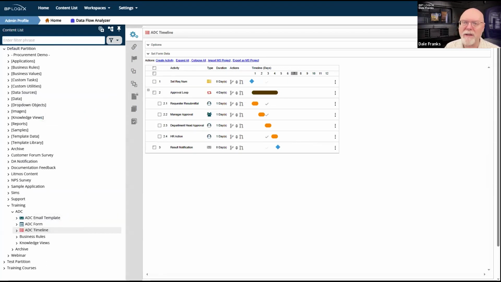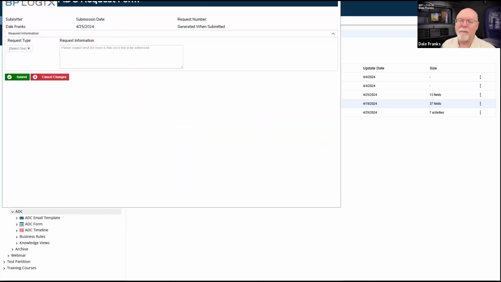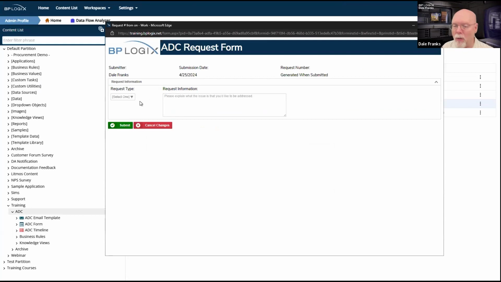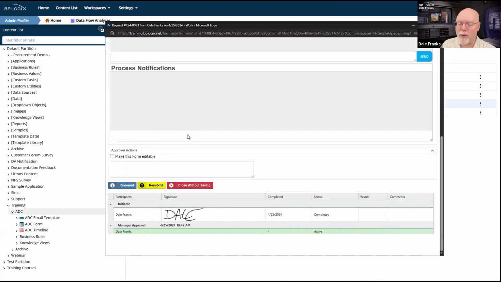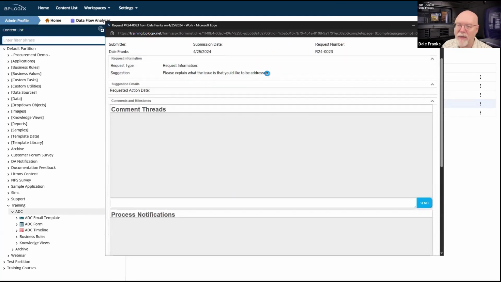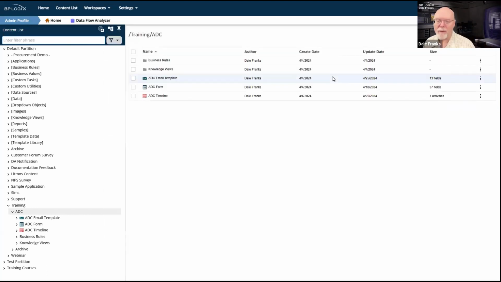That's fine. Let's just do another one and let's make it a non-PTO one and let's just go straight through. So we'll hit run again. And the reason we're making it a non-PTO one is because I expect all of that PTO information to disappear. So we're just going to make this a simple suggestion and we will submit it. And I'm just going to run through the process real quick. We've already seen what a resubmit looks like, so I'm not going to do that. I'm just going to hit reviewed for manager, and then I'm in department head approval. I'm going to hit reviewed for department head approval, and it is going away.